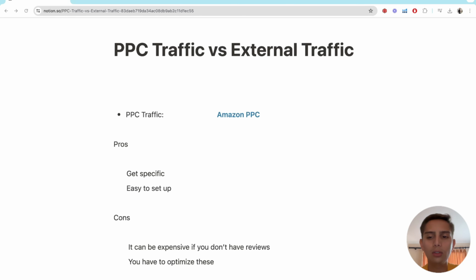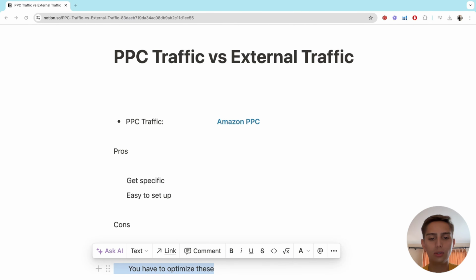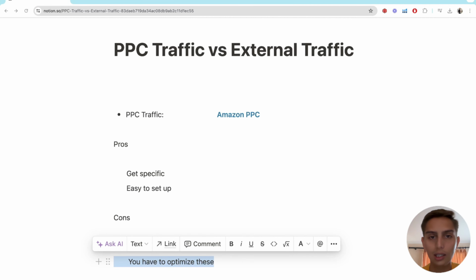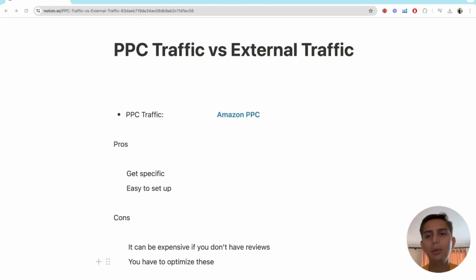That's normally how things start here, because Amazon doesn't really know us, doesn't really know our brand or our product, and it kind of just plays around with us in the sense that it's going to see what our buyer persona or ideal client is. And besides that, you have to optimize this. That's another skill that you need to learn. I don't want to say become an expert, but you do need to know how to pull the report, what to do once you have them, and all that.